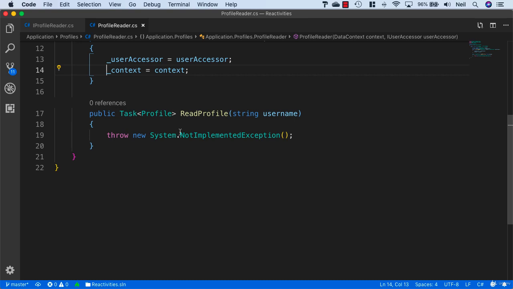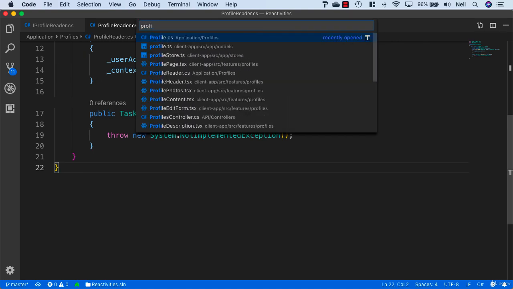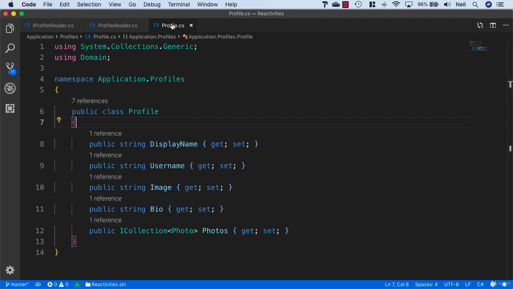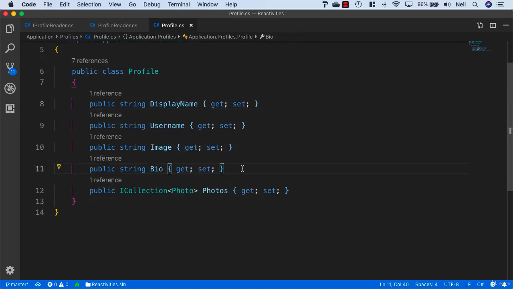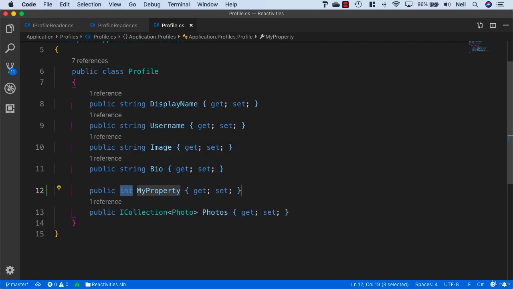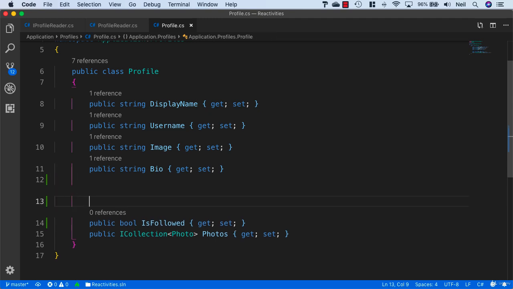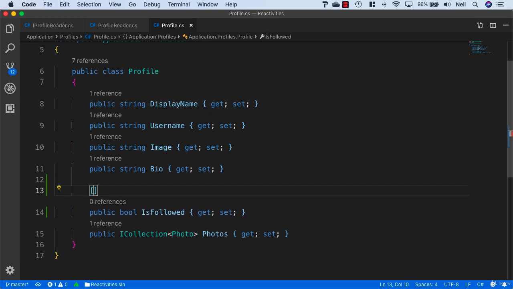So the goal of this particular method is to return our profile to include following information. And let's go and add the properties to our profile class that we also want to return in this case. So inside our profile class, as well as all of this existing information, what we want to do is add a boolean for if the user is followed by the current user. And to make it a bit clearer about what this is inside what we're returning to the client, we'll just add a JSON property,